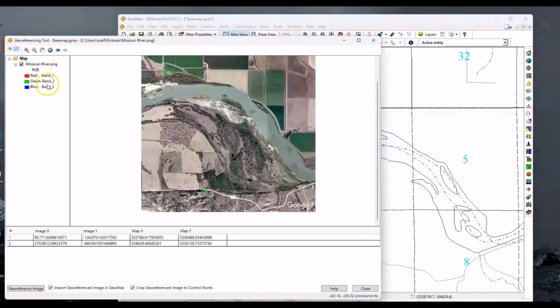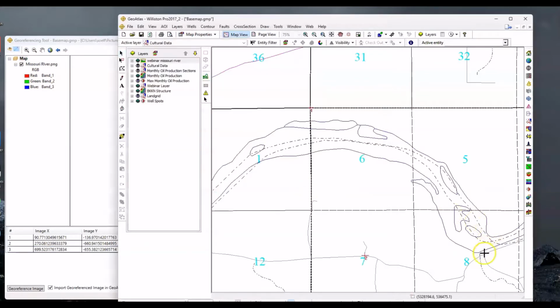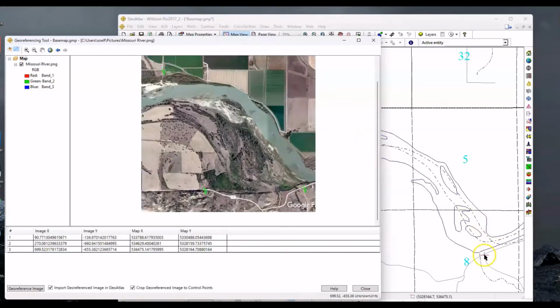Okay, let's do another one. Looks like there's a junction and a road right there between 2 roads, and we'll use that control point. You can add as many control points as you want, but generally 3, 4, 5 is enough for a good